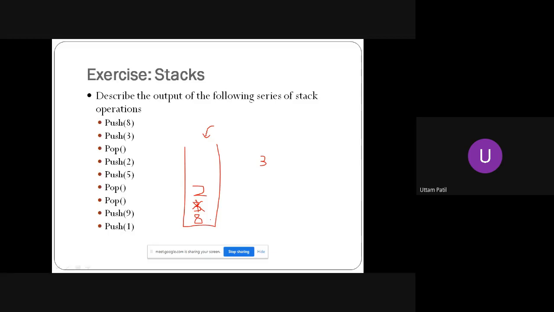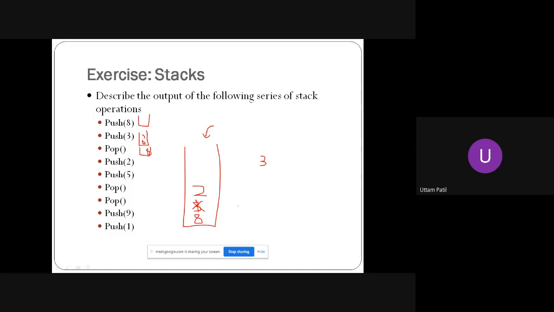Now, they may ask you this in your exams. So you will have to draw separate diagrams for every operation. For one push, you draw a separate diagram here. For another push, you draw another stack diagram. You put 8 there and then put 3. And then for pop, you show that only 8 is on the stack and 3 is removed. So all that you have to do is draw step by step.